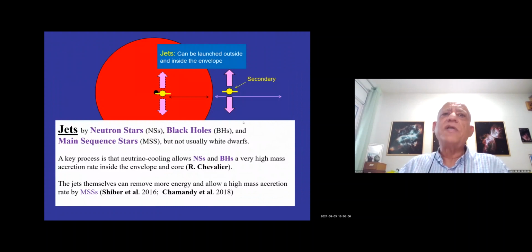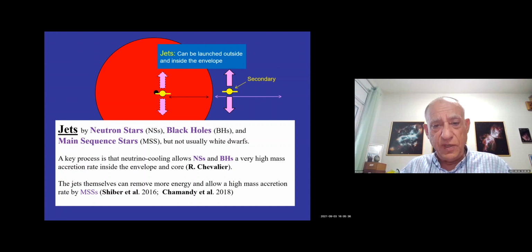Okay, let's go back now to jets in common envelope evolution. We cannot see the jets, but why not the companion? We launch jets at the binary progenitor of planetary nebulae, some before the common envelope, some after. So I think white dwarfs have a hard time launching very strong jets. They can launch jets, but not strong enough to play a major role in common envelope evolution. But neutron stars, black holes, and main sequence stars can. In particular, neutron stars and black holes,